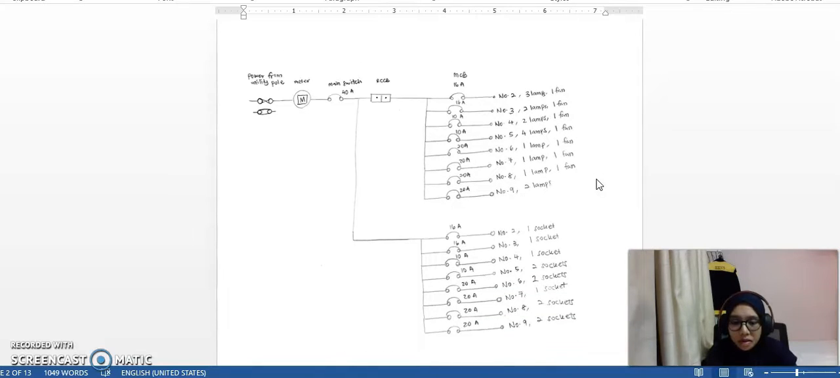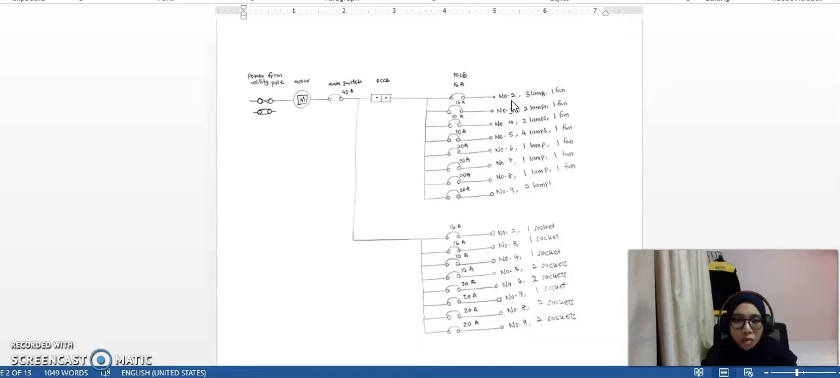Next, this is the single line diagram. So as you can see, this is the single phase from the neutral line into the meter to the main switch of 40 amp. So as you can see here, this is from MCB of 16 amp to go to